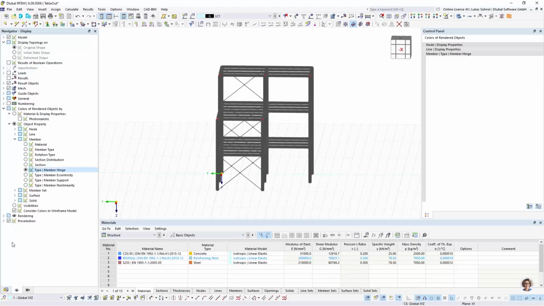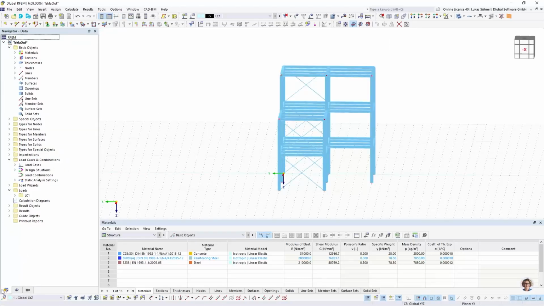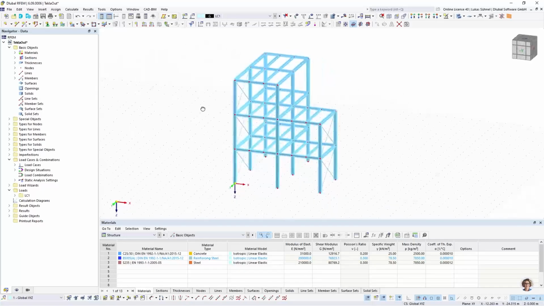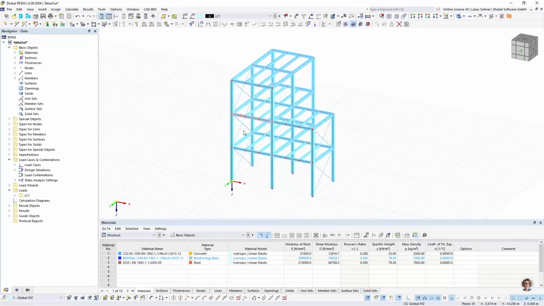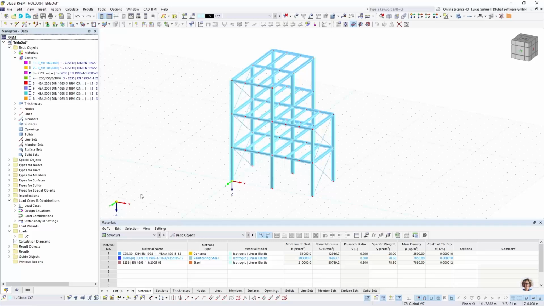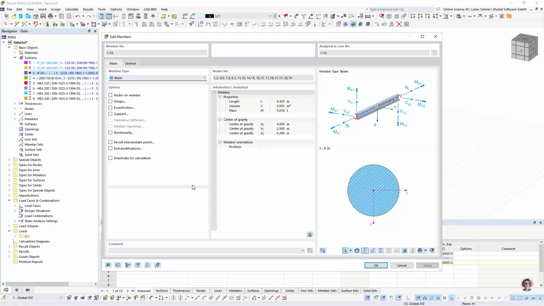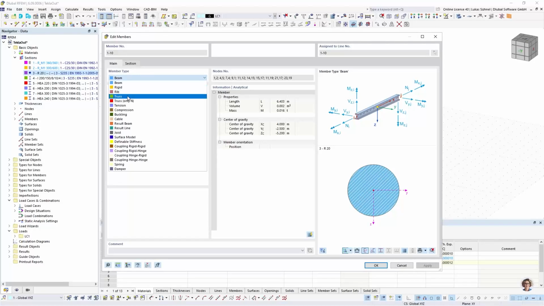And some of these adaptations could be following. Let me show rendering via material again. I could select, for example, all these bracing members and assign them the tension member type. And this can be done rather quickly. I have these synchronized selection options in RFEM. So if I click in the data navigator onto a specific cross-section, all these members with that cross-section will be highlighted. So there's no need for me to manually do that or draw little windows. Just select the cross-section and then, for example, double click on these members and change the member type to tension